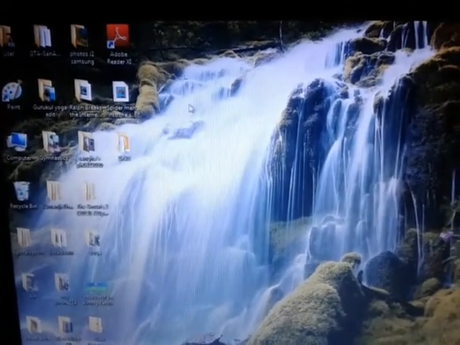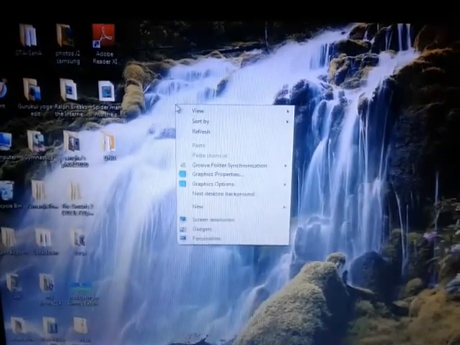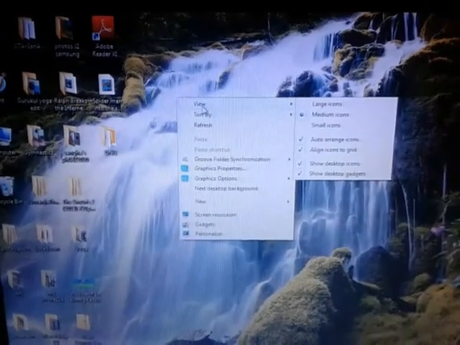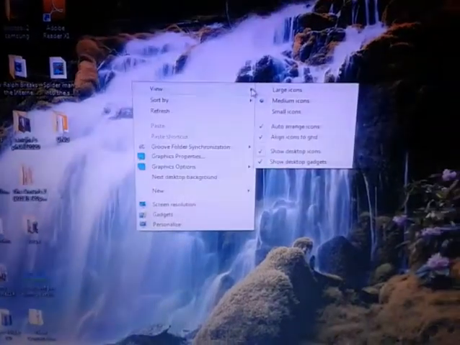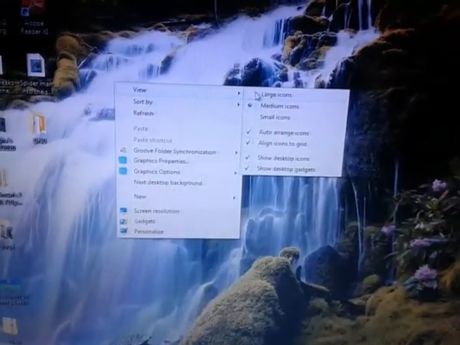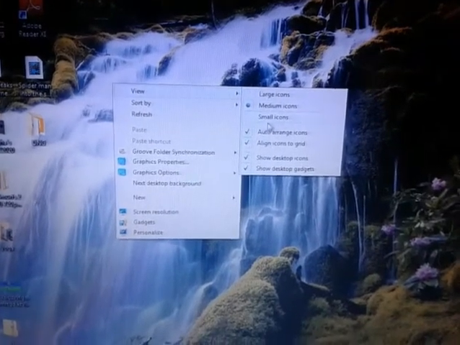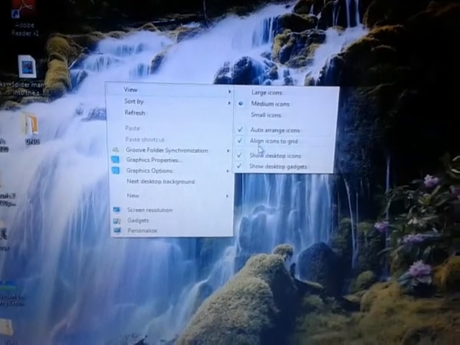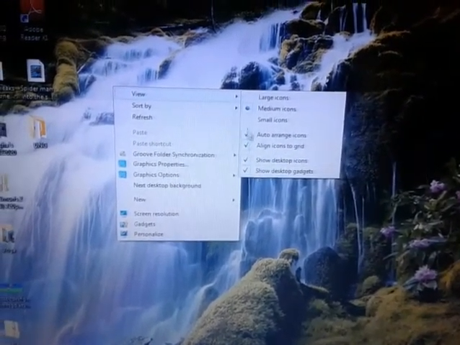Now see, when you right click on this mouse, you can see the first option given is view. Beside this view, one right arrow is there, and some options are given: large icons, medium icons, small icons, auto arrange icons, align icons to grid, show desktop icons, and show desktop gadgets.